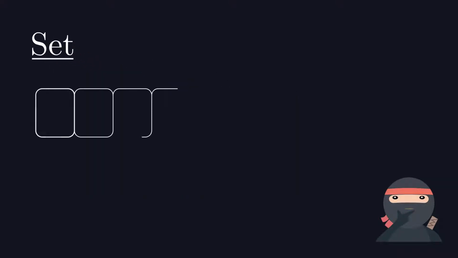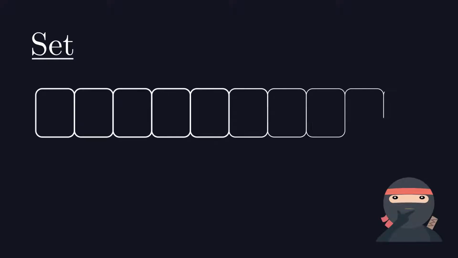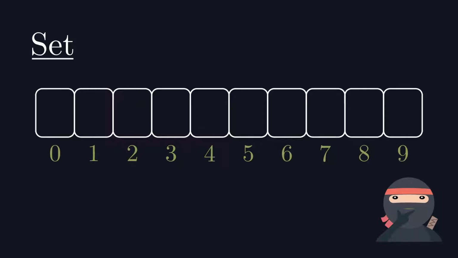Sets usually reserve more space than they require. In this example, we are reserving space for 10 elements. We will try to add 14 first. Set uses a hash function to find an index for the given element. To simplify this, let's assume that a hash function returns the last digit. So we will store it at index 4.